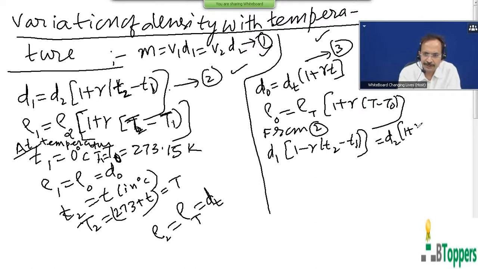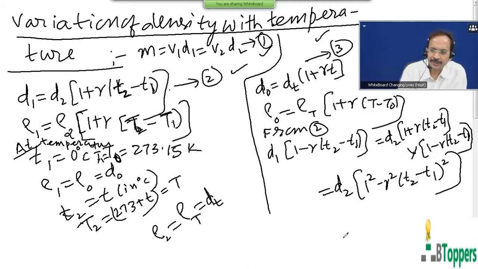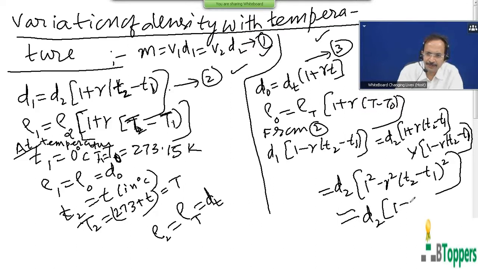Multiply both sides of the equation with 1 minus gamma into T2 minus T1. So on the right side you get D2 into 1 square minus gamma square into T2 minus T1 whole square. But in most cases, the term containing gamma square will be negligible compared to 1. So this is approximately written as